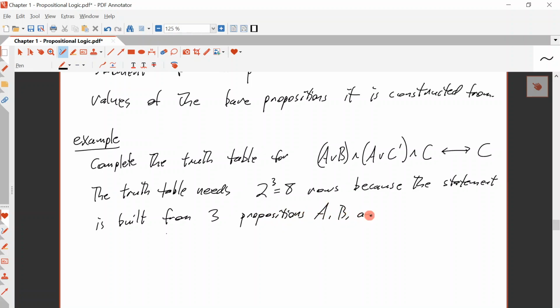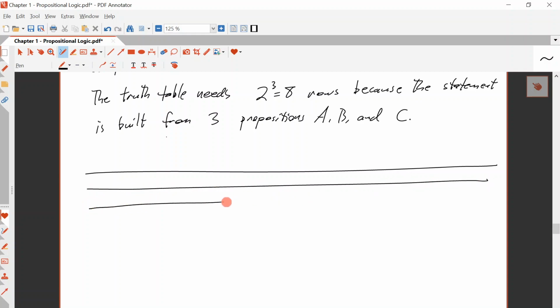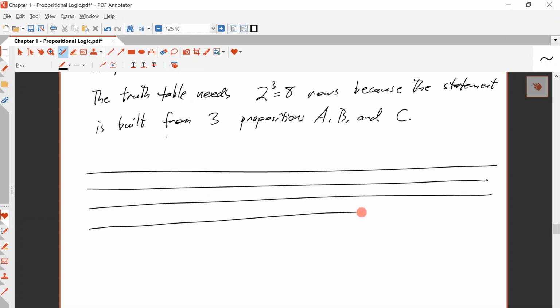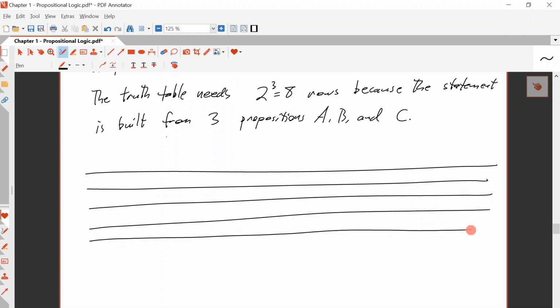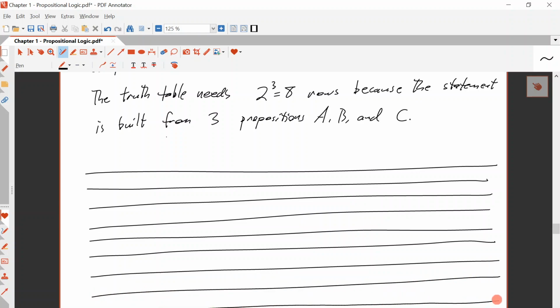A, B, and C. Okay, so we're going to need 8 rows here. So 1, 2, 3, 4, 5, 6, 7, 8. And we start with the bare propositions themselves, A, B,